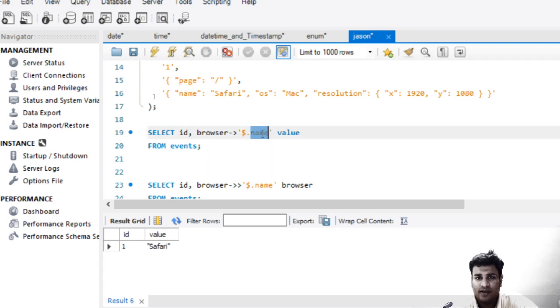In a similar way, let us do it for resolution. I haven't tried it myself. Let me try it for you. Say this, this, this, this, and X, and this.